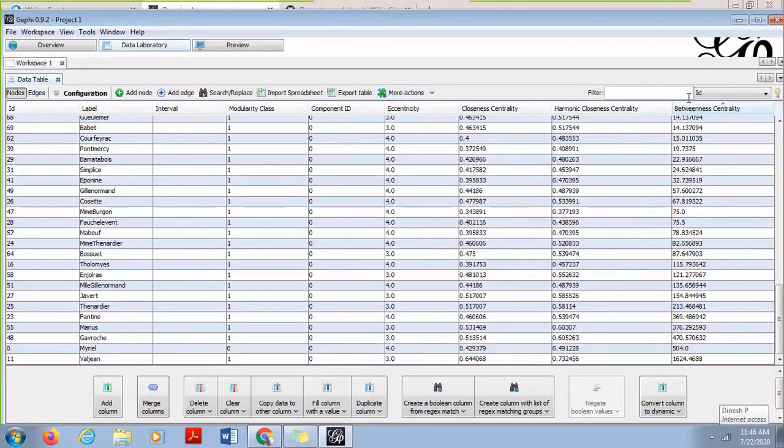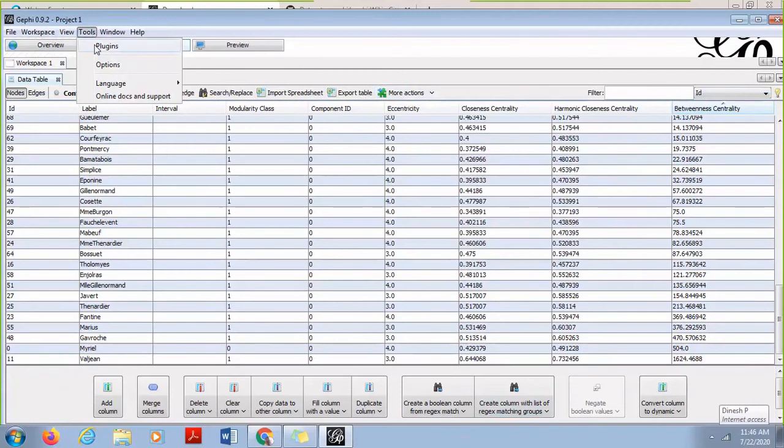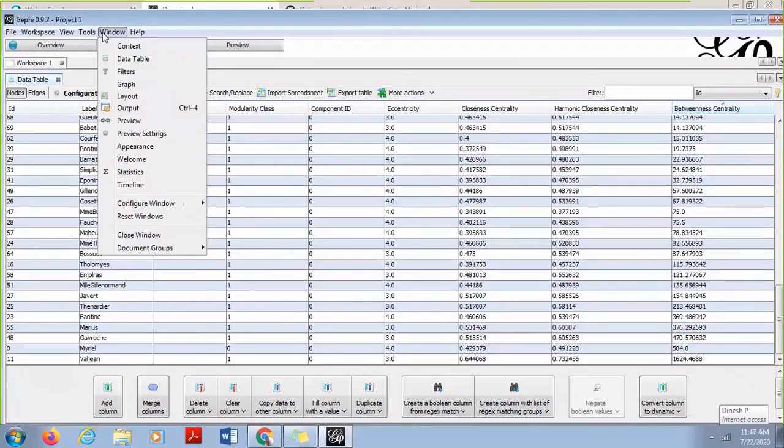You can filter on the basis of ID, labels, or any value you want to filter, and the graph will be seen over here. So if you want to do it manually and then see an overview, that can also be done. Okay. So this is allowed. There are different plugins also available along with this, which you can explore sometime.